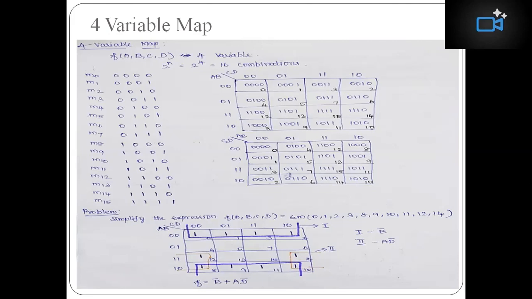That is A. So combine these variables for group 2 as A, B complement. Okay? For group 1 it is B complement, and for group 2 it is A, B complement. Now, finally write the group expression as a sum of products. It is finally F equals B complement plus A